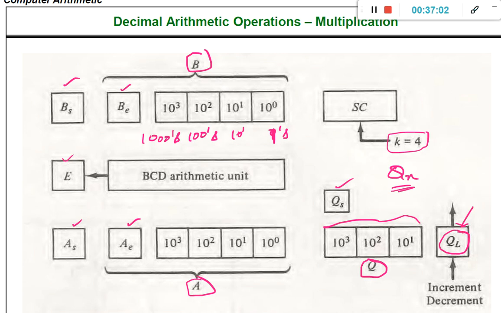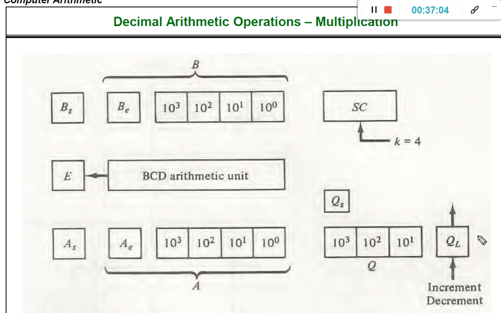In case of multiplication, the final output will be in AS, AE, AQ.